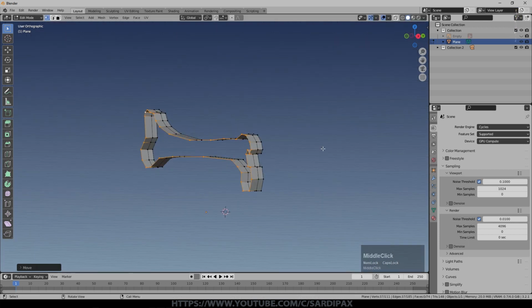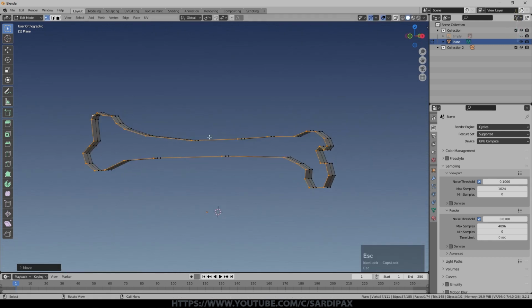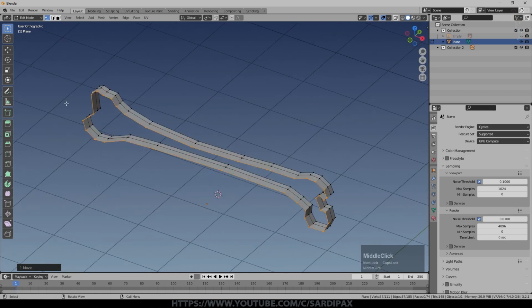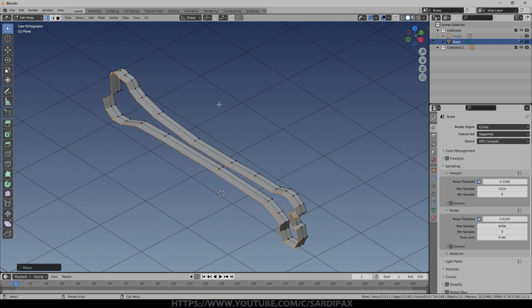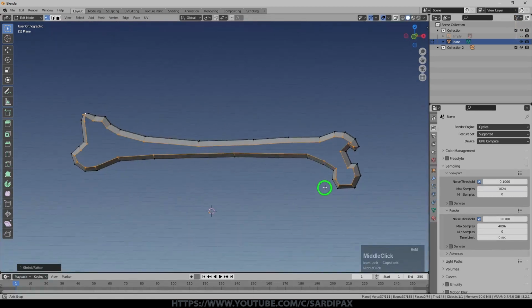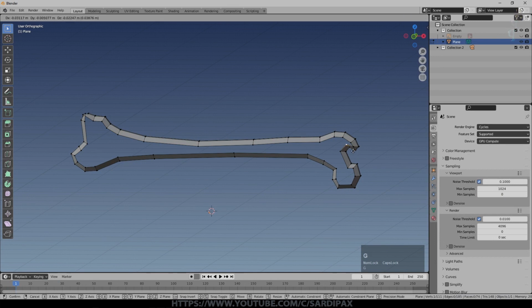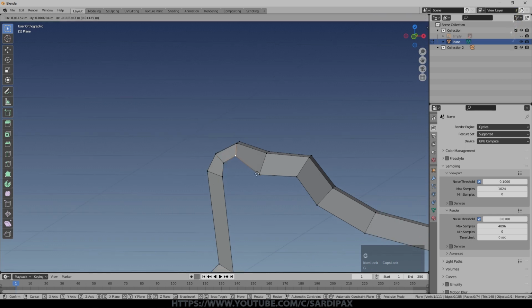And this time, if you just press S for scale, it'll actually scale wrongly. So you'll see it's all scaling in towards the middle. It's scaling at what seems to be different rates because it's long, so the scaling doesn't work the same in the horizontal as the vertical. If you do Alt S, you can see it does it slightly differently, and that basically thins it down, thickens it if you go the other way. You will need to still adjust a few things, and you can see it's gone slightly wrong up there, so we'll just move those in. This is another reason you want to keep the number of vertices down.